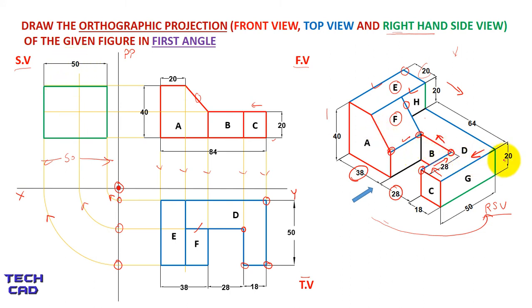So you can see also when you see the side view of this figure, you will be able to see this 50 dimension and the vertical dimension which is 40 mm, 20 plus 20. So there is no need to make the dimensions over here. Just cross the projections from the front view and top view and give the outline to the side view. It will reduce your work. From the side view, we can also see that this complete line gives the G block. So this G block I have made here. So these lines I have completed.